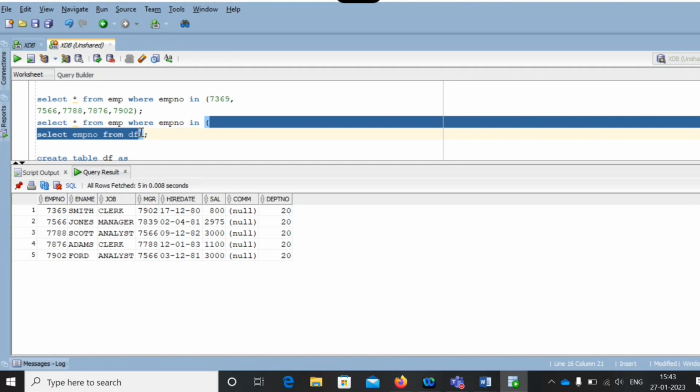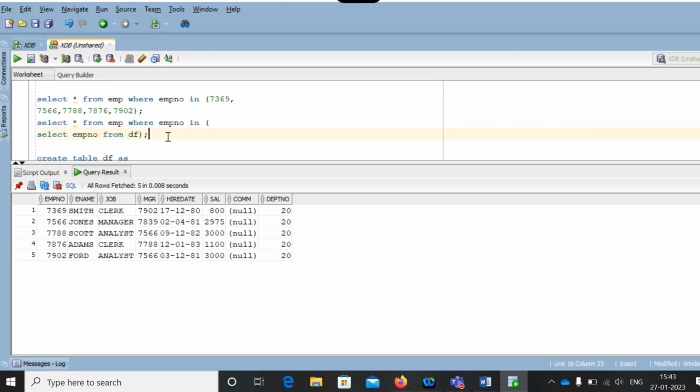Instead of writing column value in the where clause, if you are writing any query in the column value, see, you are providing the column values, employee number equal to 7369, employee number equal to 7902. Something you are writing as the column value. Instead of the column value, if you are writing any select statement, we can call it a subquery. This we can call a subquery, or you can mention within the query, if you are writing any other query, that also we can call a subquery or nested query. Query within the query, we can call a nested query or subquery also.